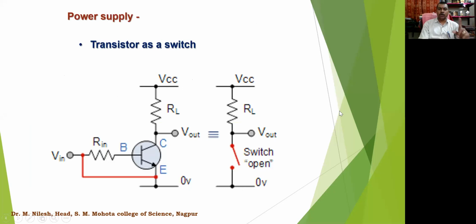This is required because we will be using those transistors in series and shunt type regulators, right? So we should understand how a transistor is used. The transistor is used as a switch. This circuit will give you the whole idea of how the transistor is going to work. If the transistor is on, the current is going to flow through the transistor, and if it is off, the current is not going to flow through the transistor.